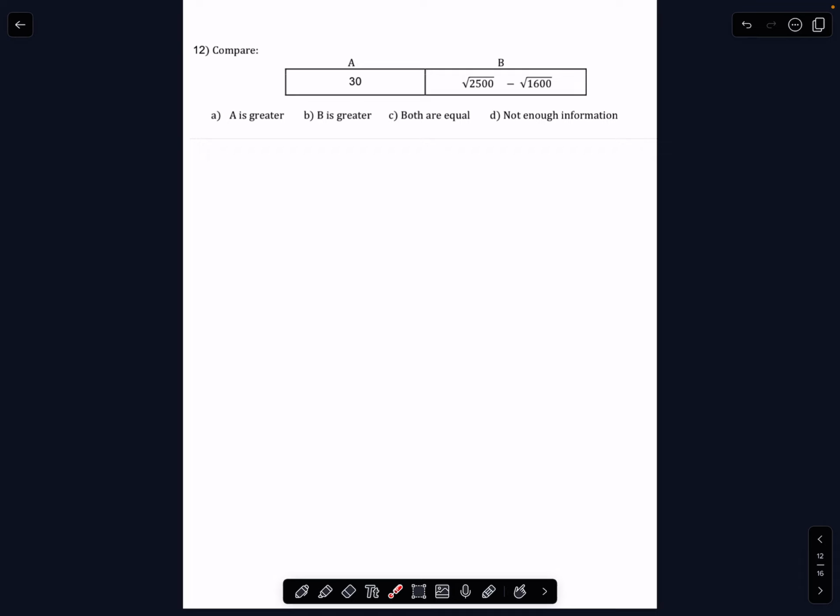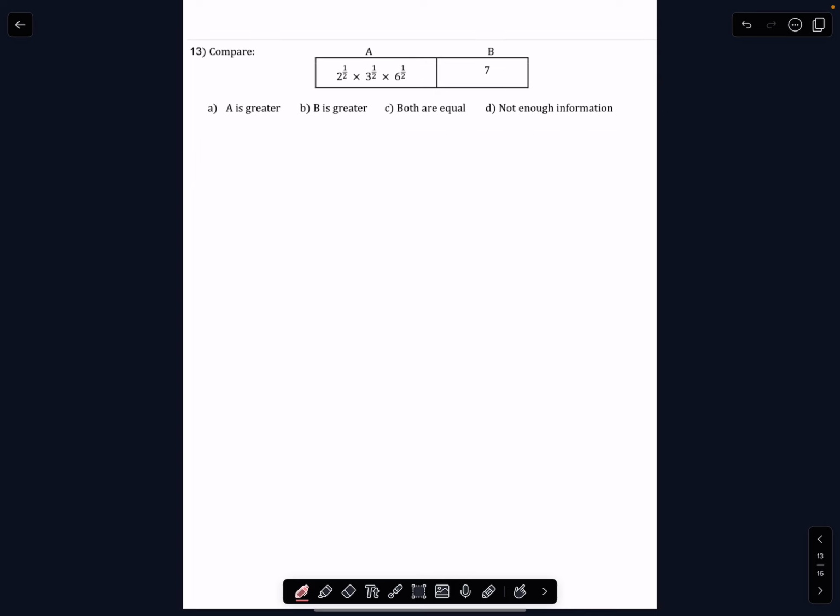However, for this question, we can't because there's subtraction right here. So what we're going to do is solve instead. And so the square root of 2,500 is 50, minus the square root of 1,600 is 40. Okay? Because 50 times 50 is 2,500, and 40 times 40 is 1,600. So 50 minus 40 equals 10, and we know that 30 is greater than 10, so therefore, number 12A is